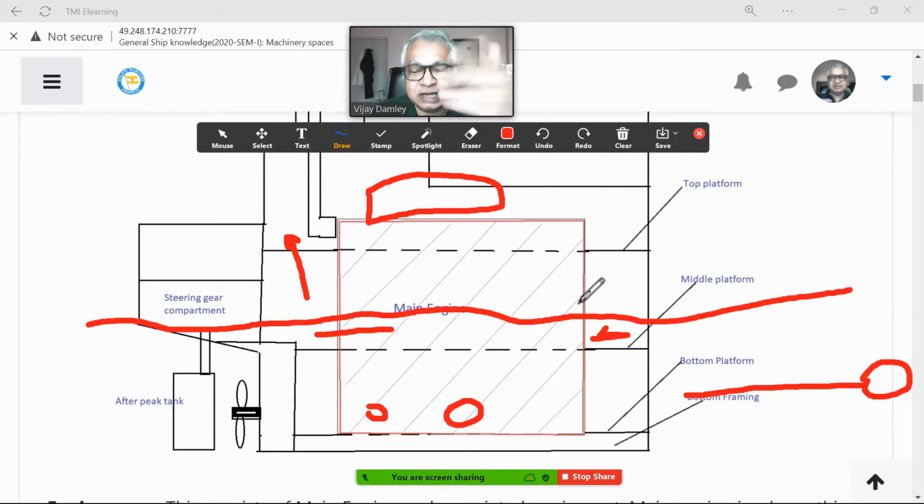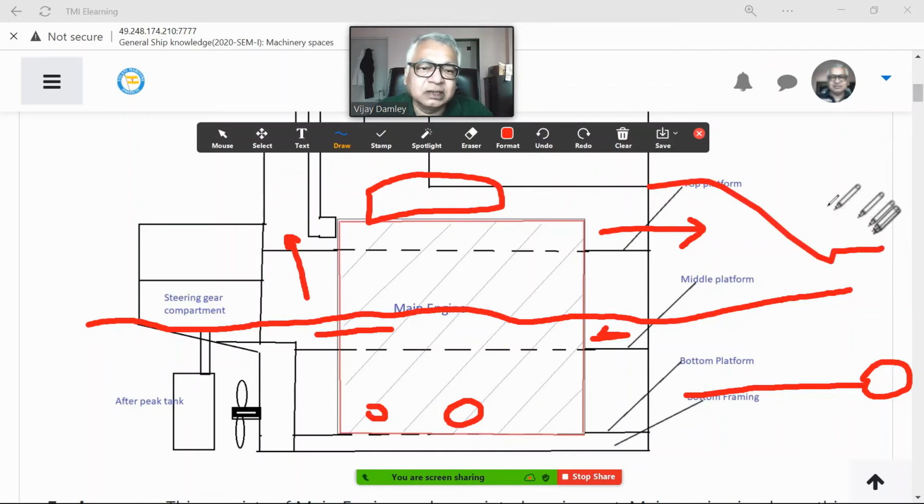This is called a class A bulkhead. That means fire from here will not pass through like this. Even though we know these bulkheads have got warm temperatures. So this side is the cargo area, no? Sorry, I can never get this line straight here. This side is the cargo area. So this is a warm bulkhead.